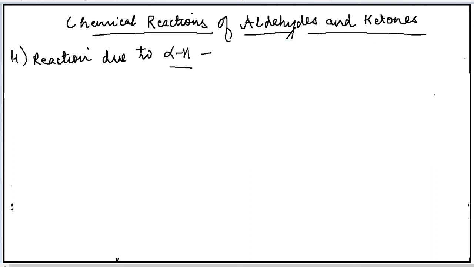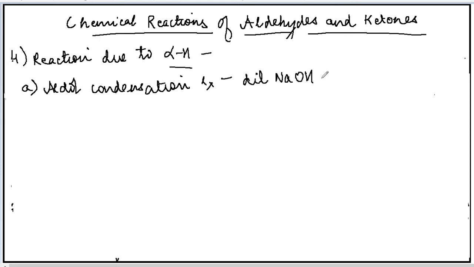The reactions given by the alpha hydrogens are further classified into two types. The first reaction is the aldol condensation reaction. This aldol condensation reaction is given only by those aldehydes and ketones which have alpha hydrogen. Those aldehydes and ketones will undergo reaction with dilute sodium hydroxide in order to give beta hydroxy aldehyde,